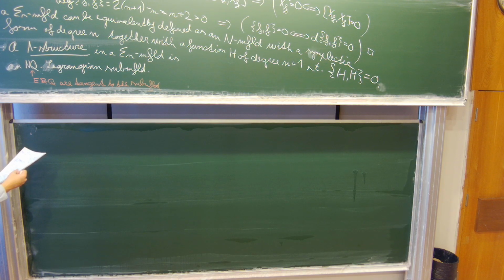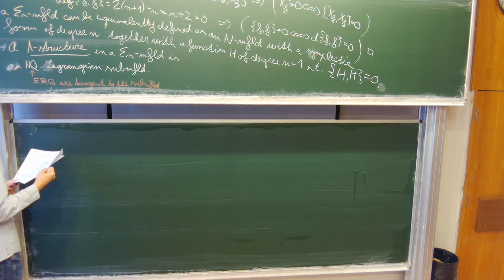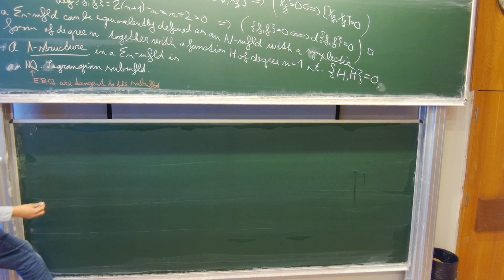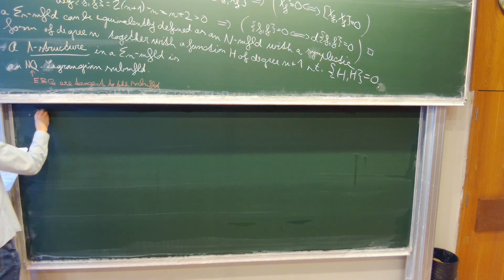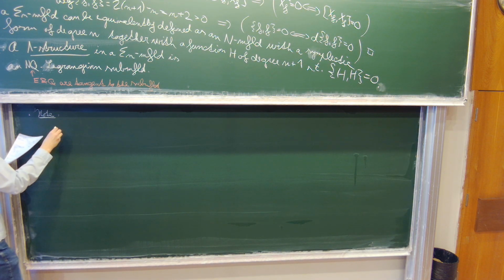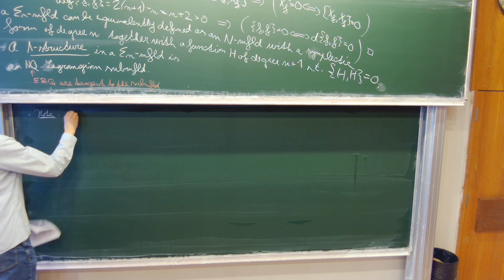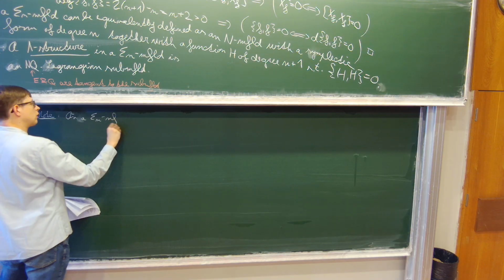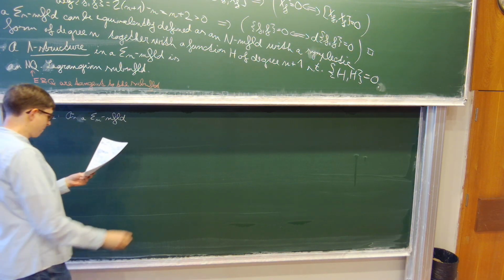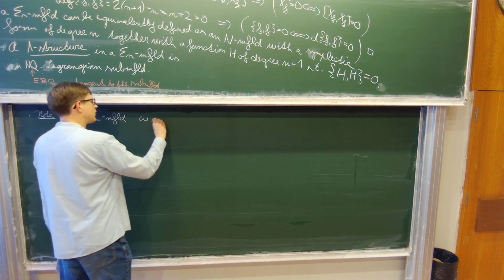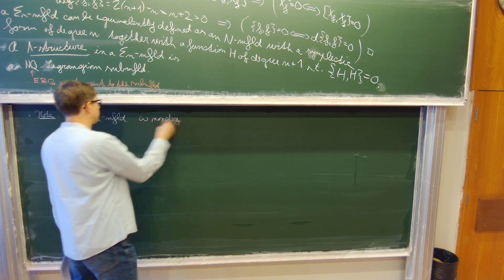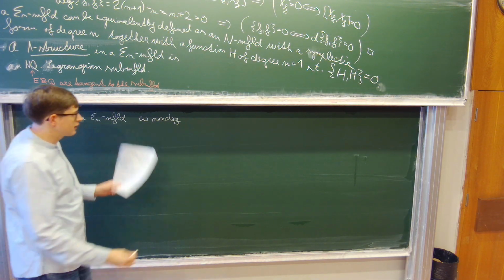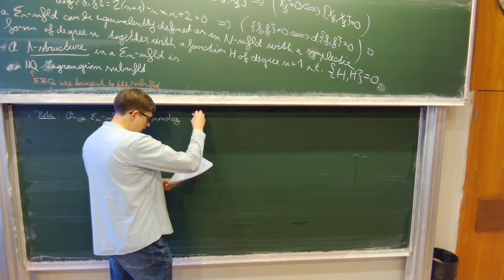Let me make a remark. Note: if we start with a sigma n manifold, we have that this omega was non-degenerate. With sigma n, the symplectic form is non-degenerate, and it is of degree n. What does this mean? It means that